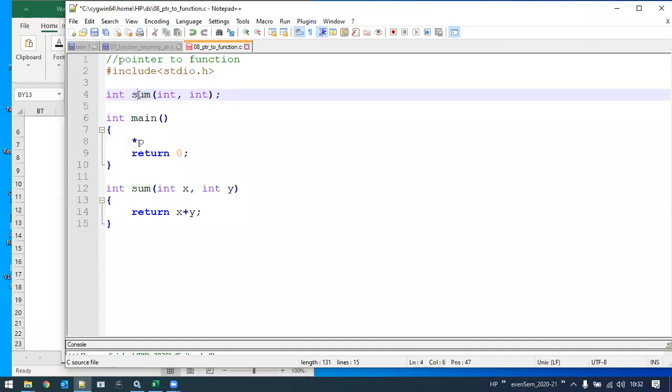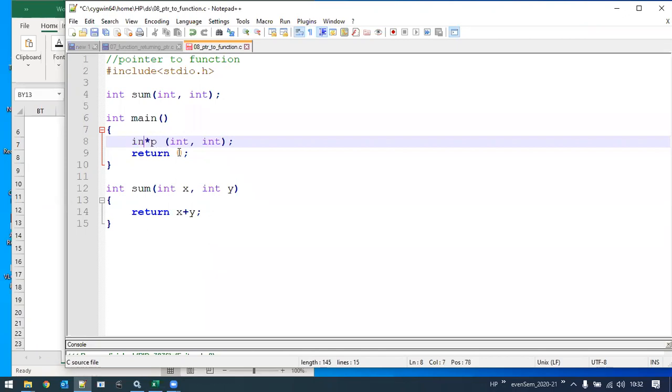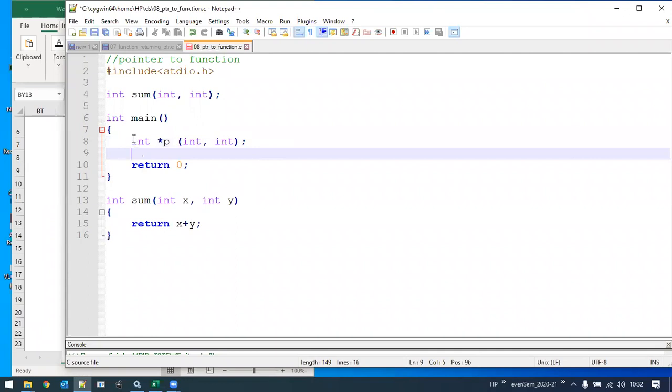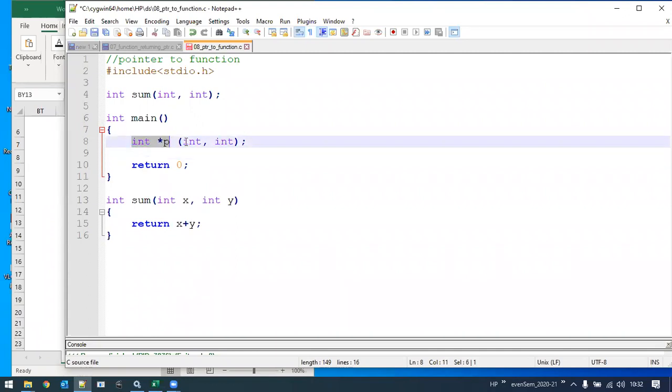The sum function takes 2 parameters of integer data type, so int comma int, and it returns an integer value, so it is going to be int. So: int asterisk p, and within the parenthesis the data types of the parameters, int comma int.